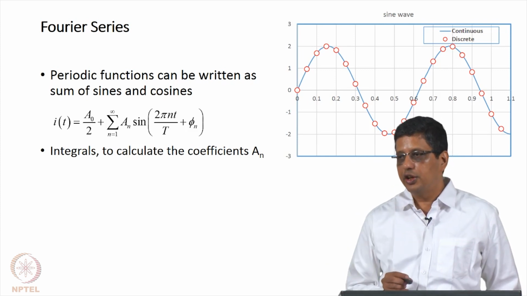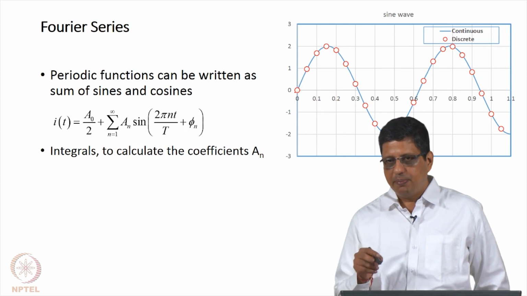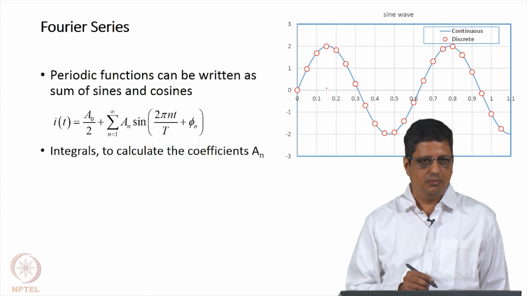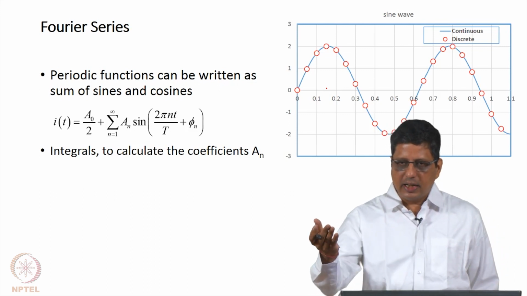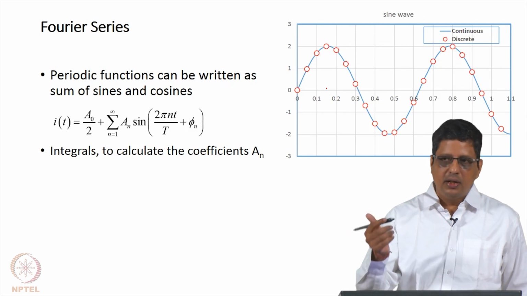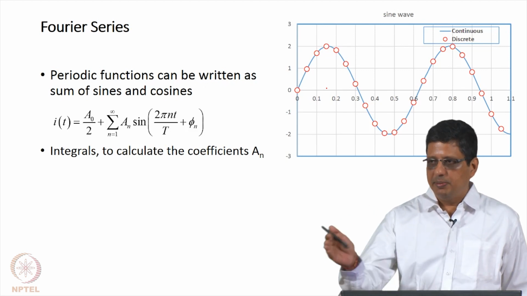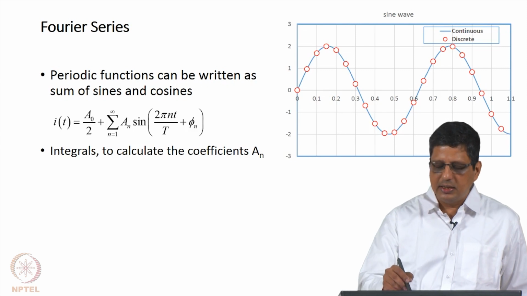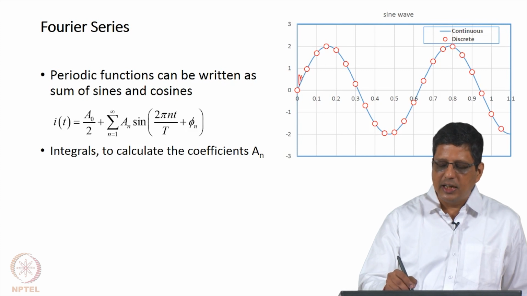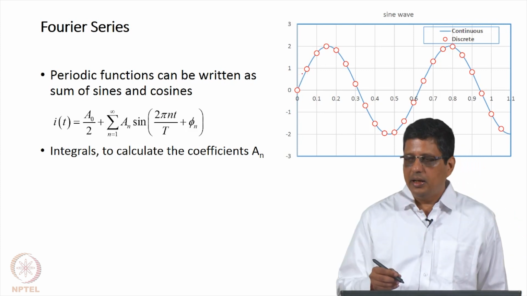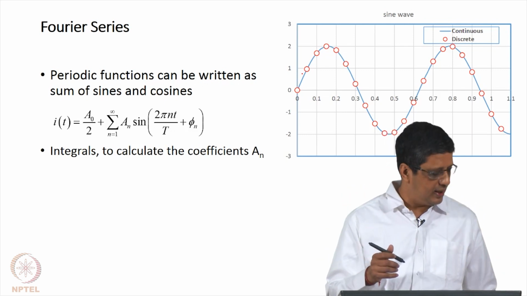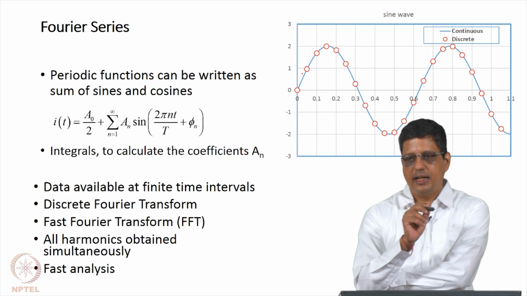The red circles represent equal time interval data; it is a discrete function. When the current is measured, it may be converted to potential and recorded in the system only at specific intervals, at these points, not in between. So, in between, if the data jumps up and down, we do not know that. And when you do a Fourier transform of this discrete data, you can employ algorithms which are meant for discrete data.